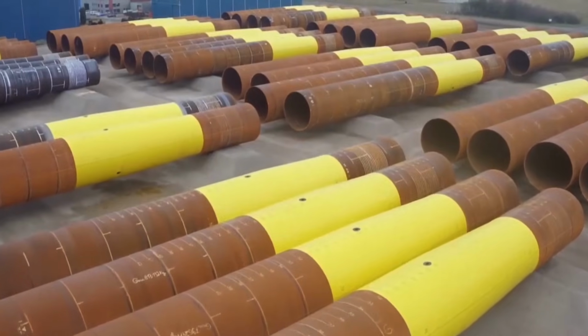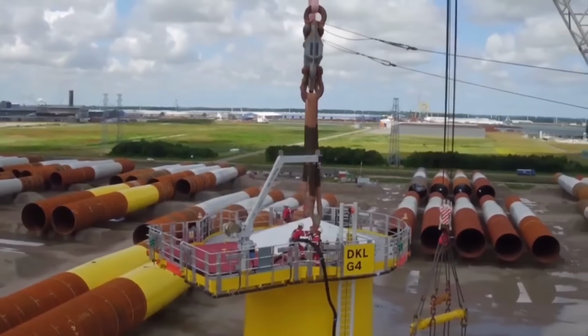It was designed to do operations for the oil and gas business. But the first job it had after it was finished was the installation of monopiles for quite a big wind farm. And they were very successful at that, at CV Heavy Lifting. And afterwards, the majority of all the work they have done with the vessel is for installation of foundations for wind turbines. They also did some interesting oil and gas jobs, but the market changed quite a lot in that period. In these images, we see the phases of wind turbine construction